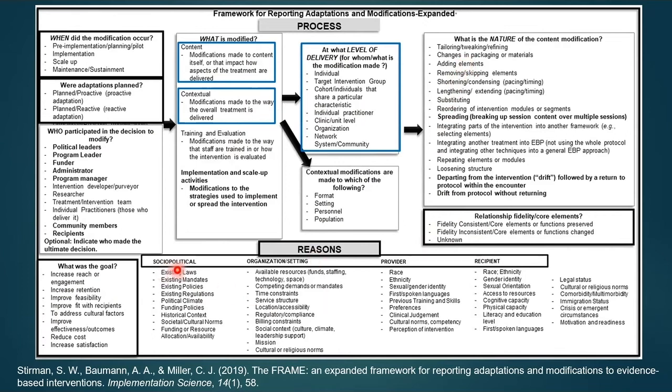And then the reasons. There could be social and political reasons. There could be organizational reasons. There could be provider reasons. There could be recipient reasons. And so ideally, if all of these things are relevant, and they're not all relevant to every implementation study, but